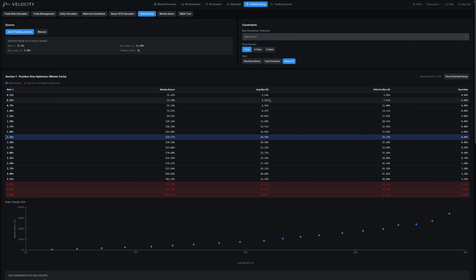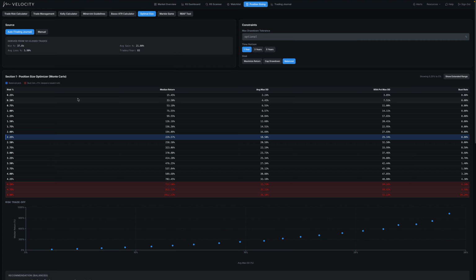average drawdowns too. It'll give you your drawdowns, kind of give you all that. So say you don't want a drawdown more than an average max drawdown of 20%, or you even want to look at worst case scenario, and I want to be below 20%. So I shouldn't be risking more than, based on my trading style, 1.5%. Now, if I don't want to draw down more than 10%, I probably should be risking